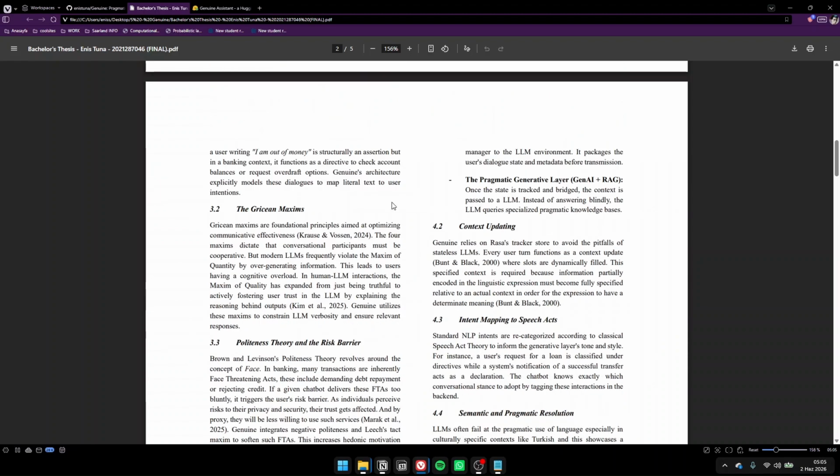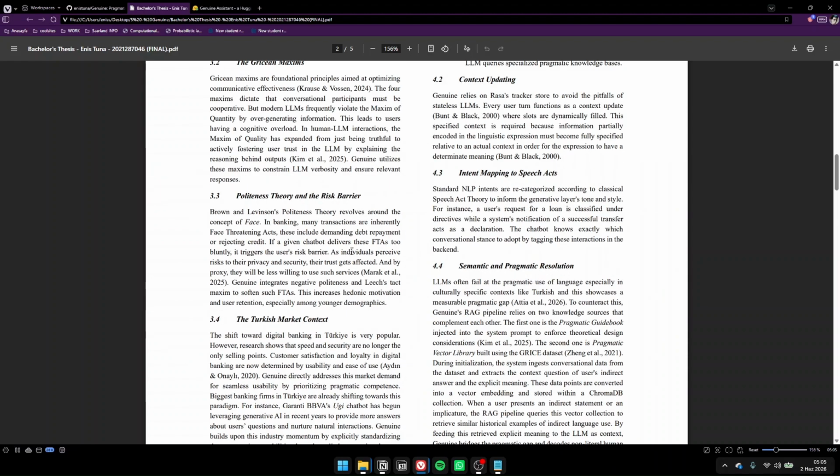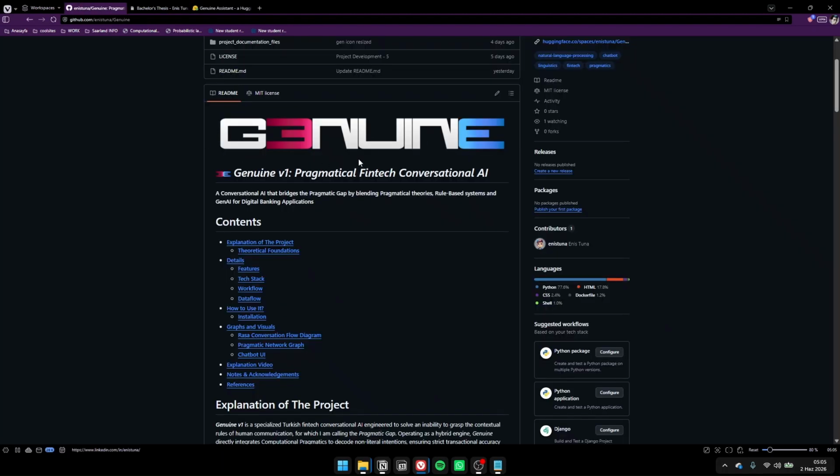Like I said, you can just read this paper and you can do your own research also. I've had classes such as discourse analysis and other more social linguistic classes in my university years, in our departments. I've studied them, and I was inspired to integrate these theories, and I was really ecstatic to be able to do this in the form of this thesis project paper, and also this project called Genuine. And that's how it basically works.